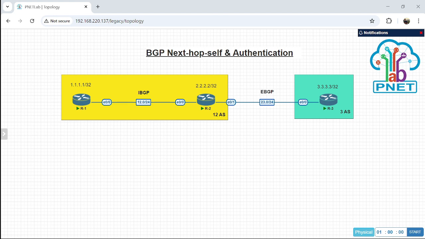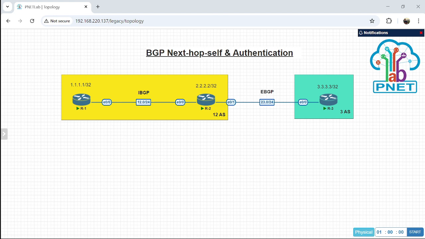So we just continue from the third lab before. For this lab we will directly set the next hop, but our topology is the same.